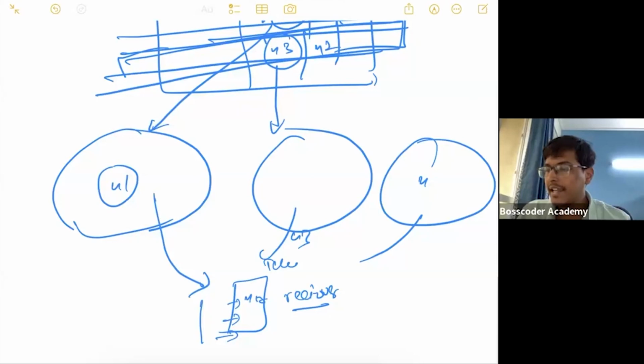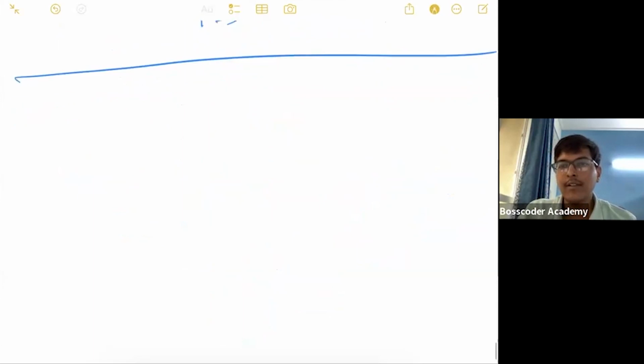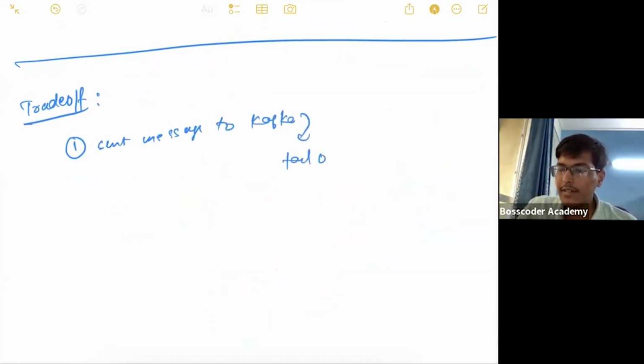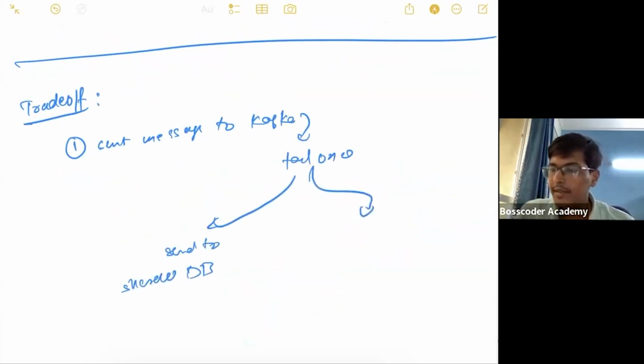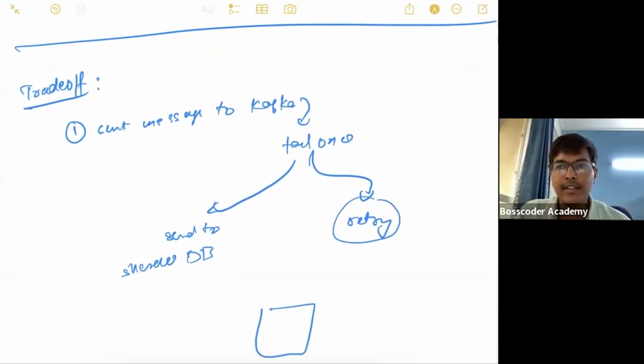See, again, there are trade-offs, right? I don't know how it actually works, but I can tell you the trade-offs. You can decide what to do. One thing I can do is send the message to Kafka, fail once, send to a sharded database, and retry as well. Do both things. In this case, when the user comes online, even before the retry is done, they will